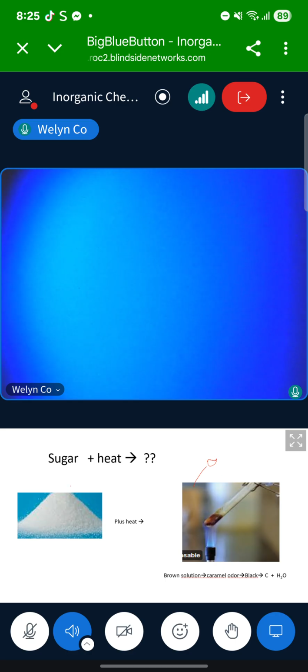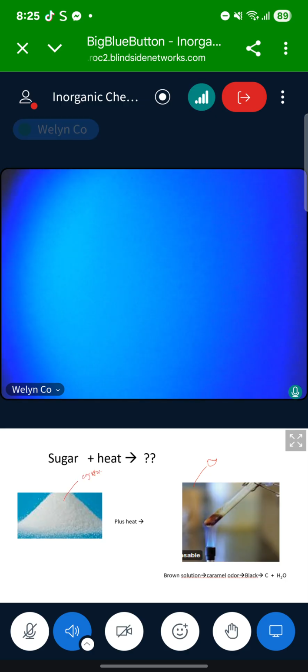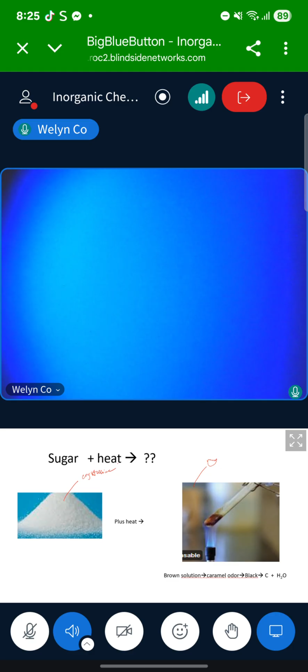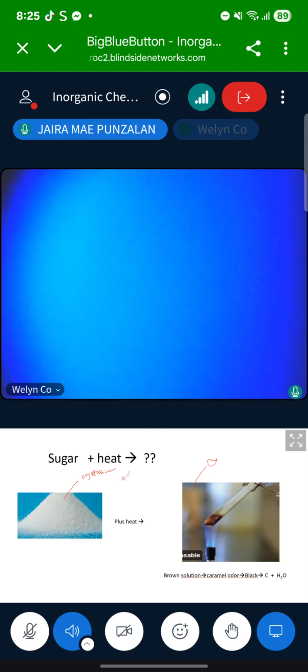So, ito yung characteristic ng sugar natin, crystalline. Okay? So, when we place it into the test tube and apply heat, ito yung magiging color. From white,